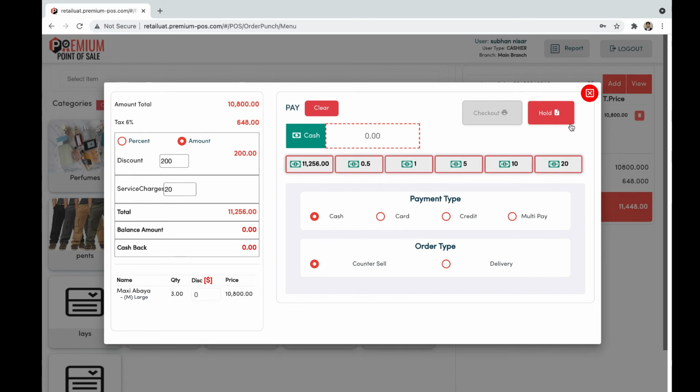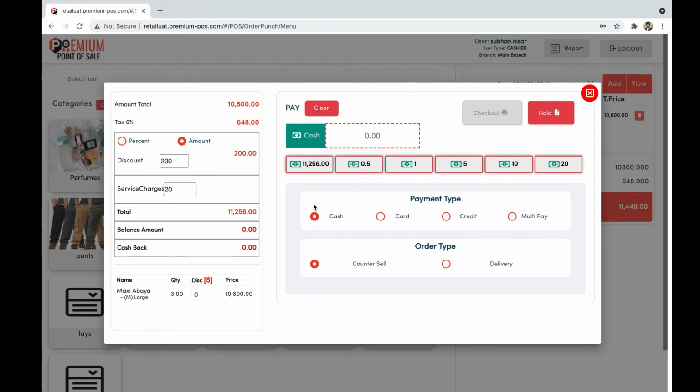The hold button means that if the customer wishes to take the product and pay for it at a later day or date, the cashier can select the hold button to hold the product. In order to check out, the cashier needs to select the payment type, like if the customer is willing to pay cash, card, credit or multi-pay.